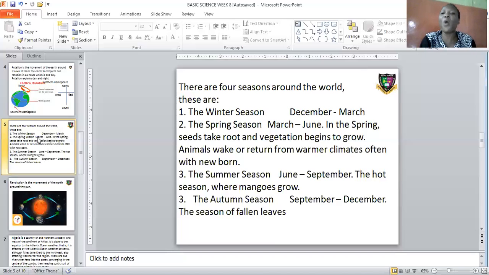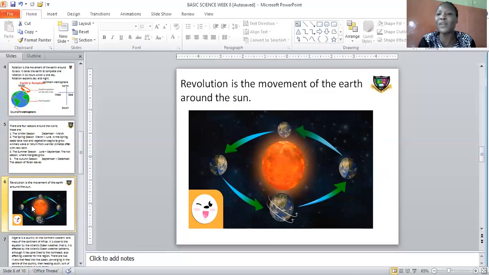And let's look at what brings about this season. What brings about the season is what is known as revolution. Revolution is the movement of the earth around the sun. Rotation is the movement of the earth around its axis, which brings about day and night, and it completes its rotation in 24 hours. But revolution is the movement of the earth around the sun, which is the solar system, the sun and the 9